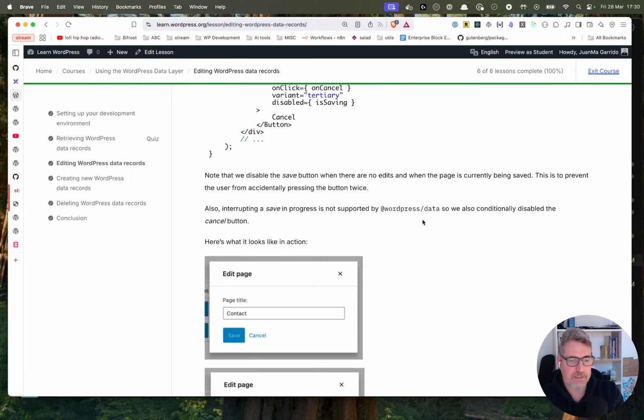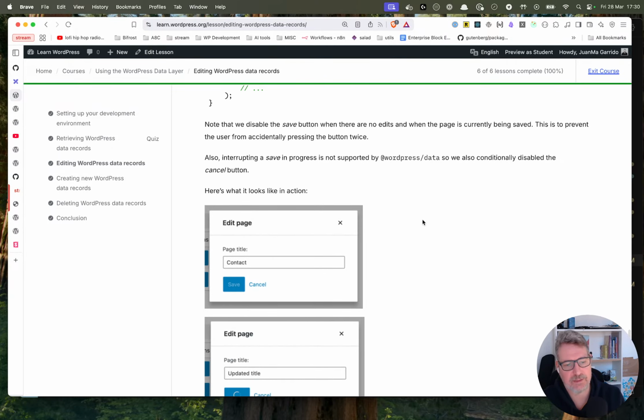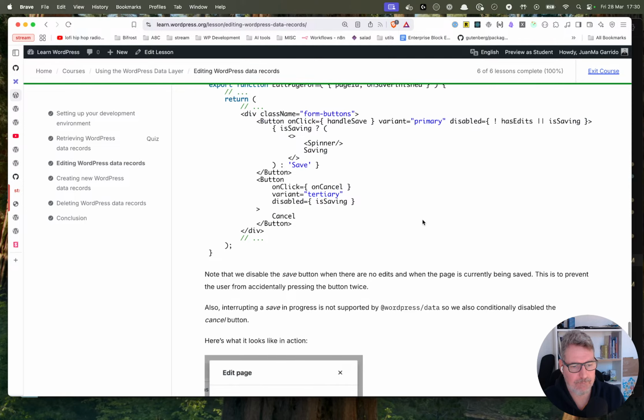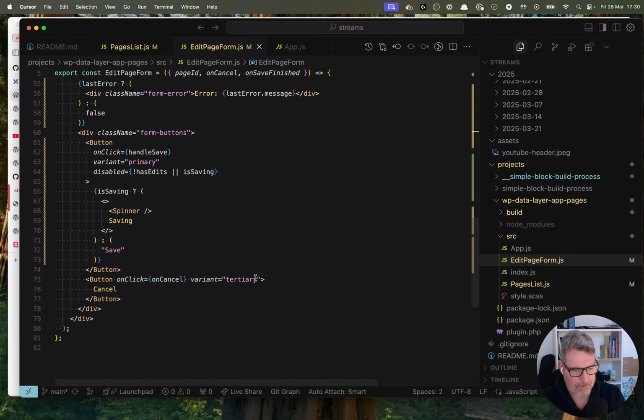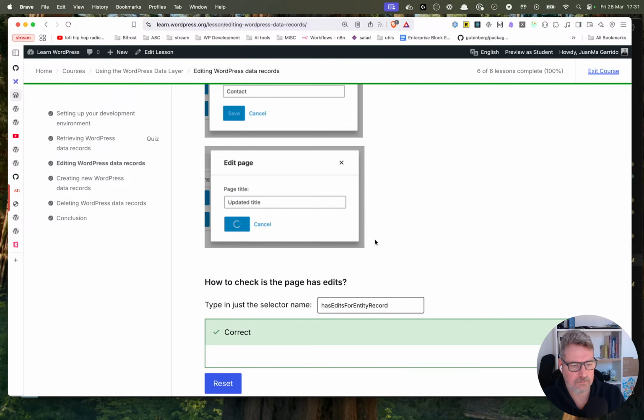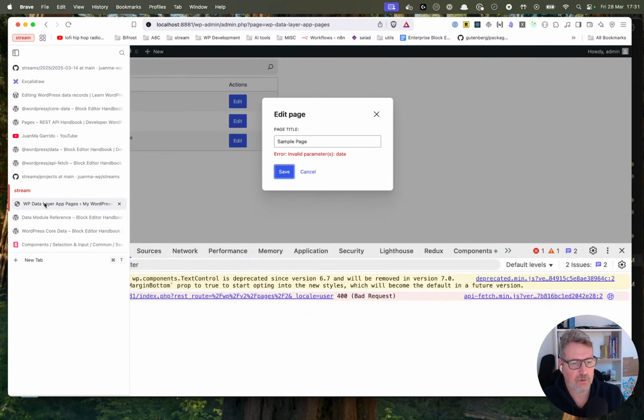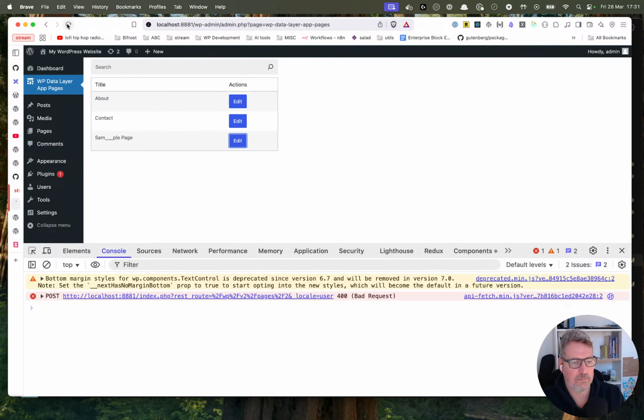Okay, now that we disable the save button when there are no edits and when the page is currently being saved, this is to prevent the user from accidentally pressing the button twice. Also, interrupting a save in progress is not supported, so we also conditionally disabled the cancel button. Yeah, so the cancel button. Now if we go update,